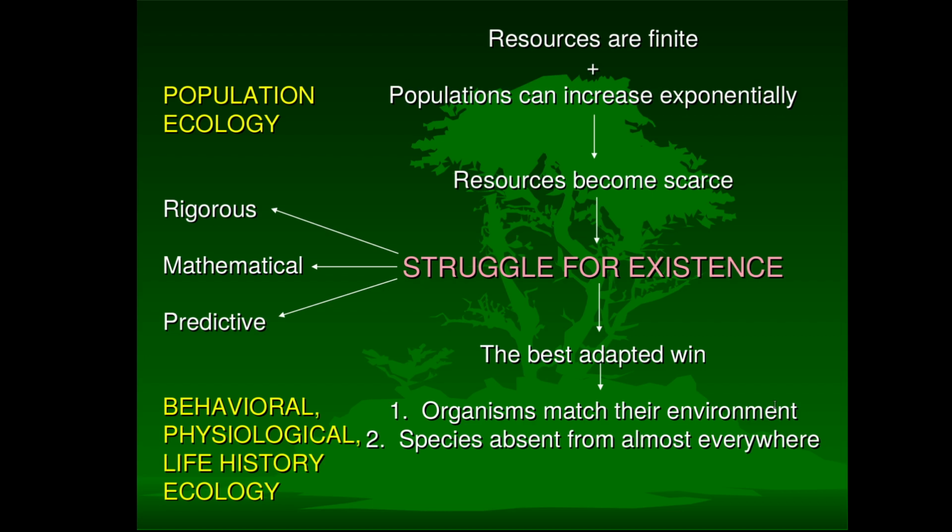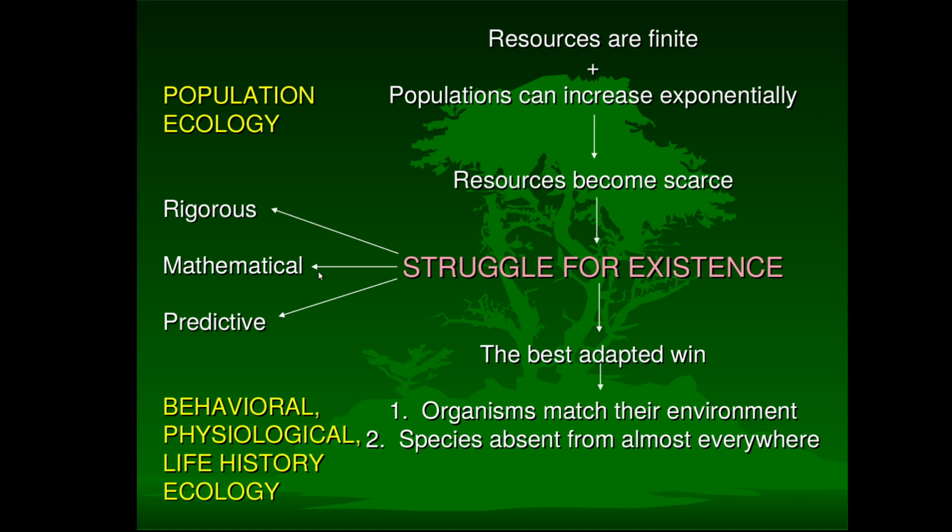Okay, so this has been a lot of material, so let's step back and summarize what we've been talking about. We're at the population level of organization, and we're focusing on the struggle for existence, which we're making mathematically rigorous and predictive. A fundamental reason for struggle is competition for resources. So we're making that struggle for existence, namely the competition of resources,